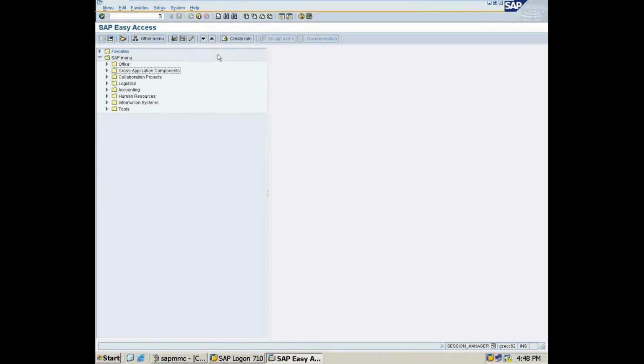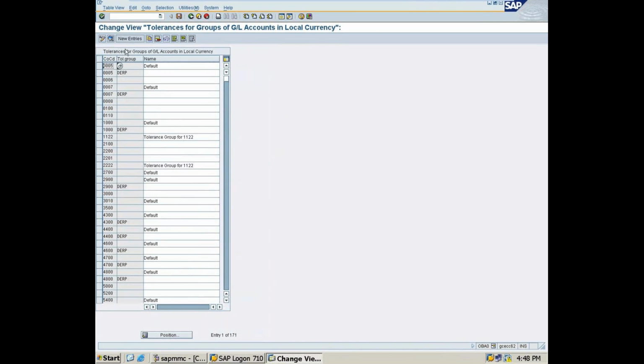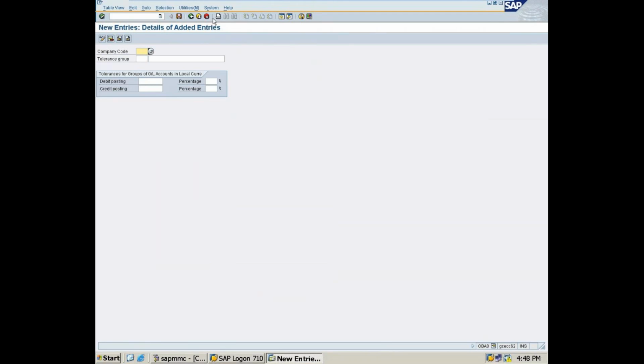So next was a tolerance group for employees. Tolerance group for employees, T code was OBA0. New entries, tolerance group for employees.